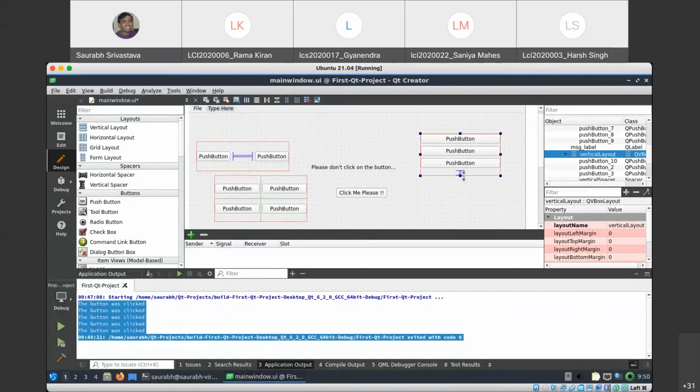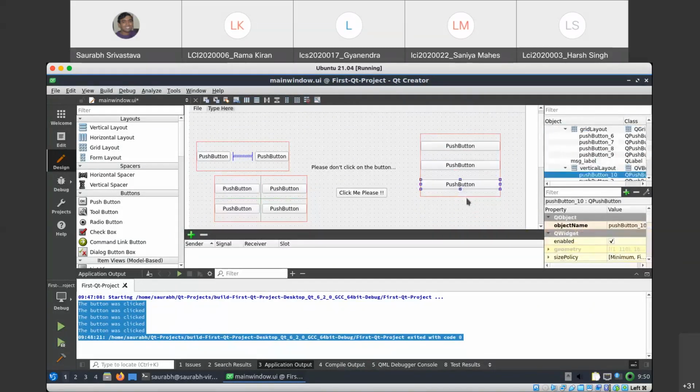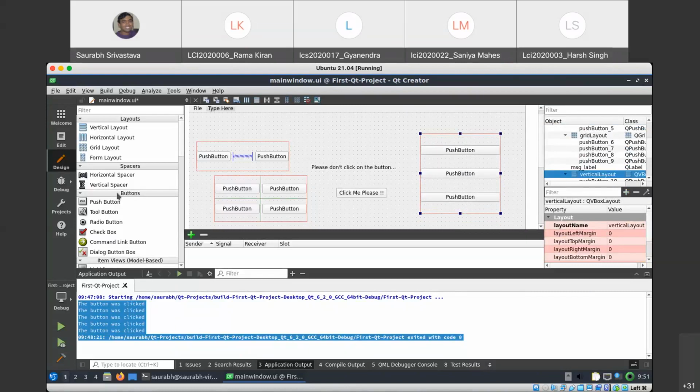Just assume that you are using a window application, and you are increasing or decreasing its height. How would you like your buttons to work out? One way is like this: you want your buttons to become closer or farther from each other, or you would like, as I just showed, them to be together. So this is an example of layouting, and this is an example of grid layout.